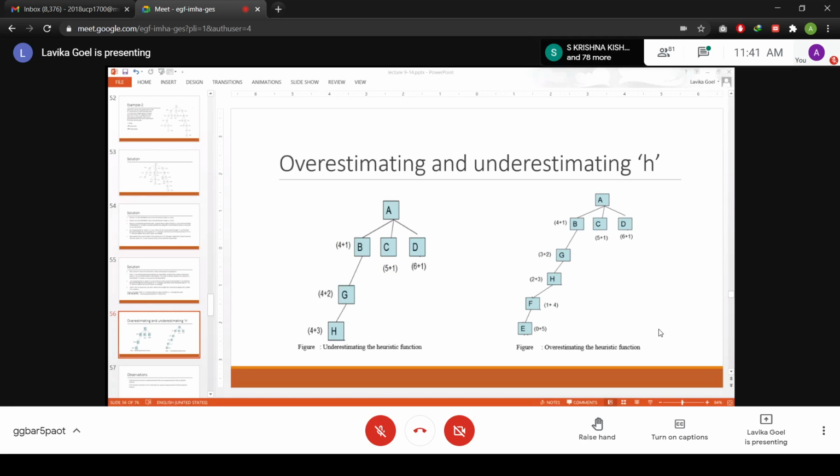At that point, the search will backtrack and lead towards the correct path. So the correct path in this case is through C. That's why I'm saying that if we have underestimated the heuristic function's value, then at some point of time that heuristic value will not lead towards a solution and the F value will indicate that we will backtrack. F value will actually help us to backtrack and follow the correct path.